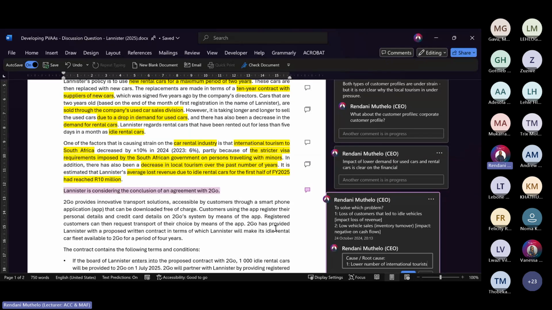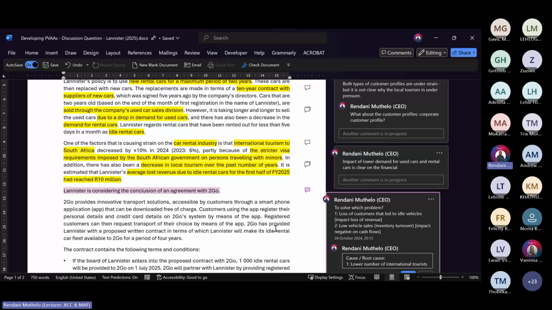Then I'm gonna talk to you about how you bring what you are suspecting, because you want to secure the business acumen mark. You want to secure the critical thinking mark. So we're gonna talk about that. So far, you have now applied your analytical thinking to say the problem of idle vehicles is the low number